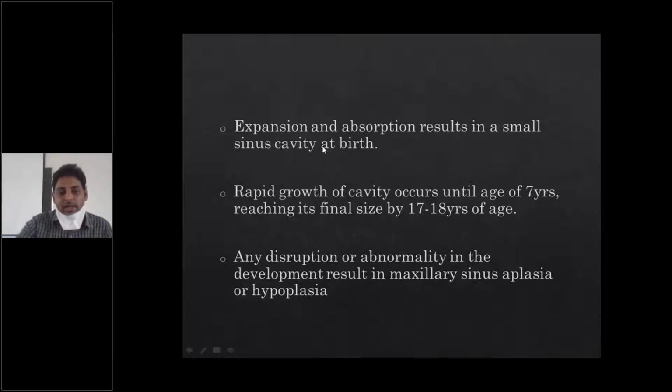And the third point is, as we discussed earlier, there is a biphasic growth pattern up to 7 years. The maxillary sinus reaches the floor of the nasal cavity. I mean, it will be below the nasal cavity floor. The floor of the maxillary sinus will be below the floor of the nasal cavity in adults. If there is a hypoplasia of the maxillary sinus, the floor of the maxillary sinus will not be below the floor of the nasal cavity. Hope you are clear. In hypoplasia, the floor is above the nasal cavity floor or at the level of it, but not below the level of the nasal cavity. Hope this point is clear to everyone.